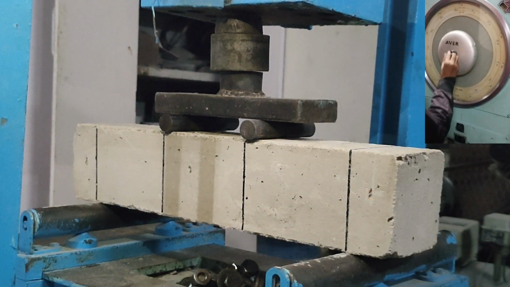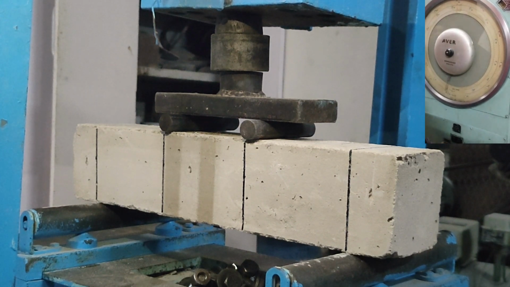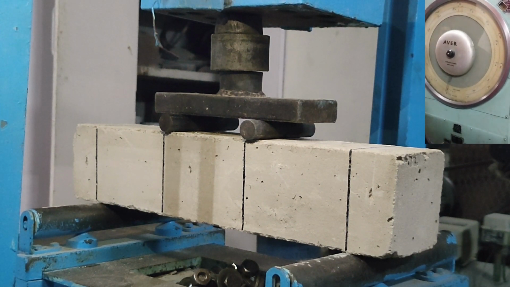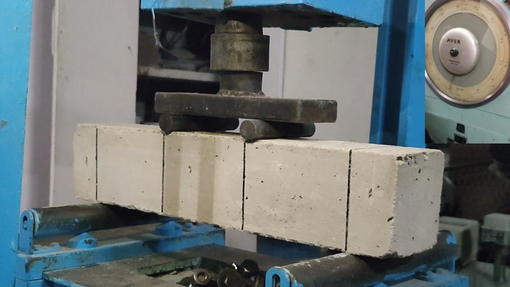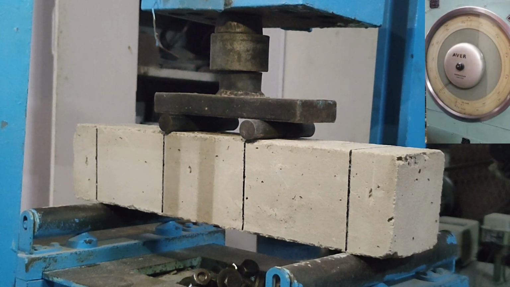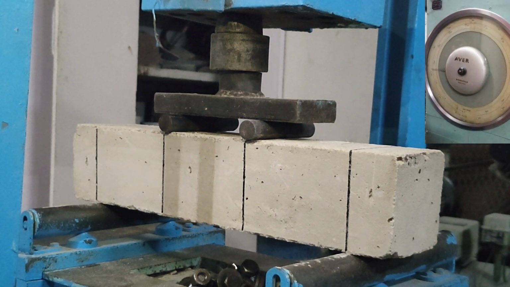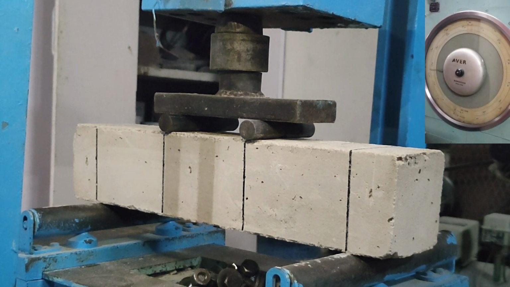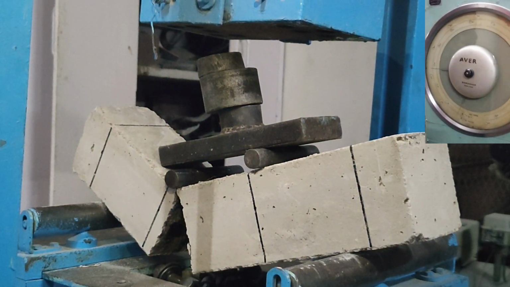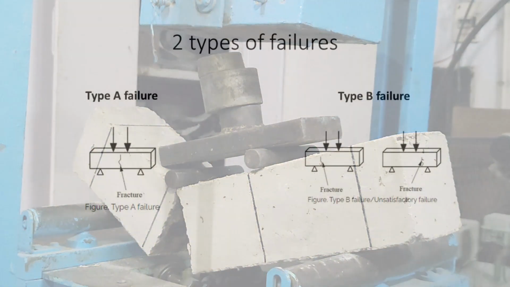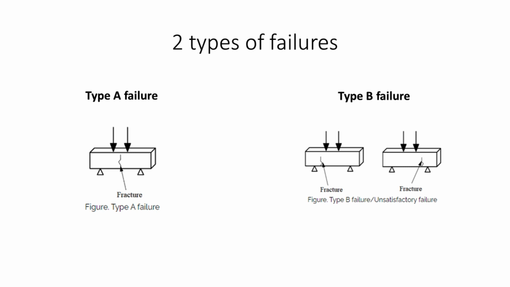The load shall be applied without shock and shall be increased continuously at a constant rate until no greater load can be sustained. Rate of loading should be 30 Newton per minute for smaller beam and 67 Newton per minute for larger beam